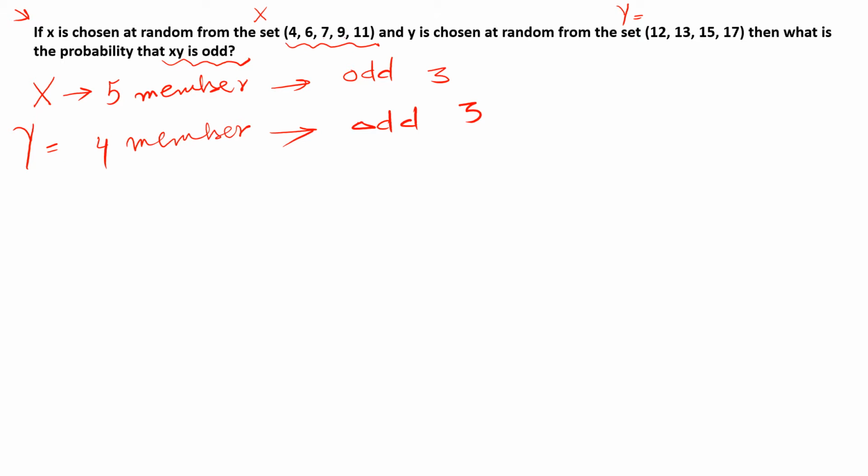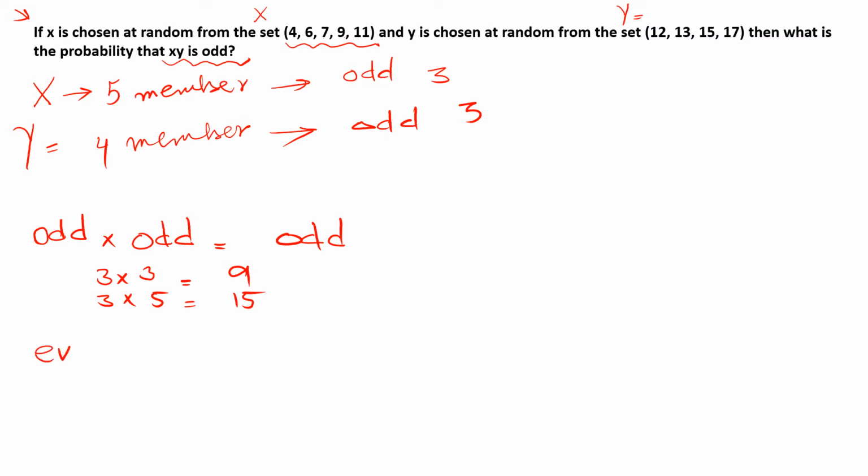Now first of all, understand how you can get odd numbers when you multiply the X and Y sets. The basic thing you should know is that if I multiply any odd number with any other odd number, I will always get an odd number. For example, 3 times 3 gives the odd number 9. Similarly, 3 is odd, 5 is odd; if I multiply them, again I get 15, that is also an odd number.